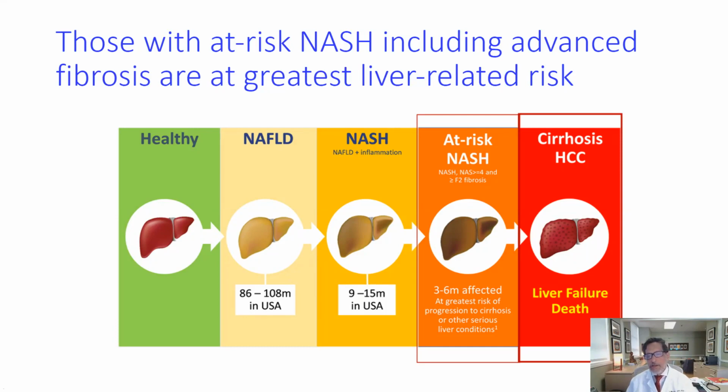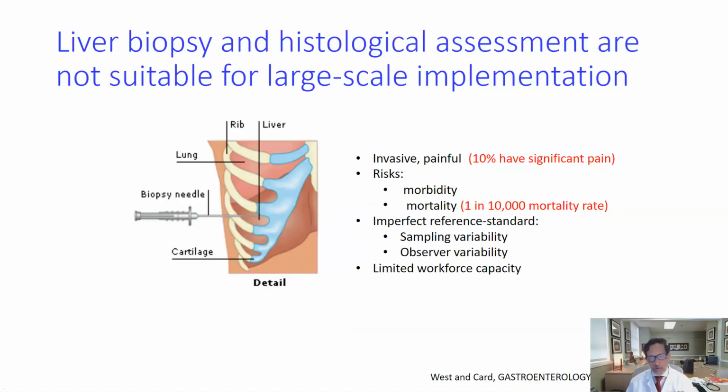So we want to identify those with at-risk NASH as a very important population for drug intervention, and of course those with cirrhosis as well, although we have not done really great in terms of bending the needle with cirrhosis yet, but it could happen. Now, histology has been the hallmark for learning a lot of this knowledge, and histology has been the conventional reference